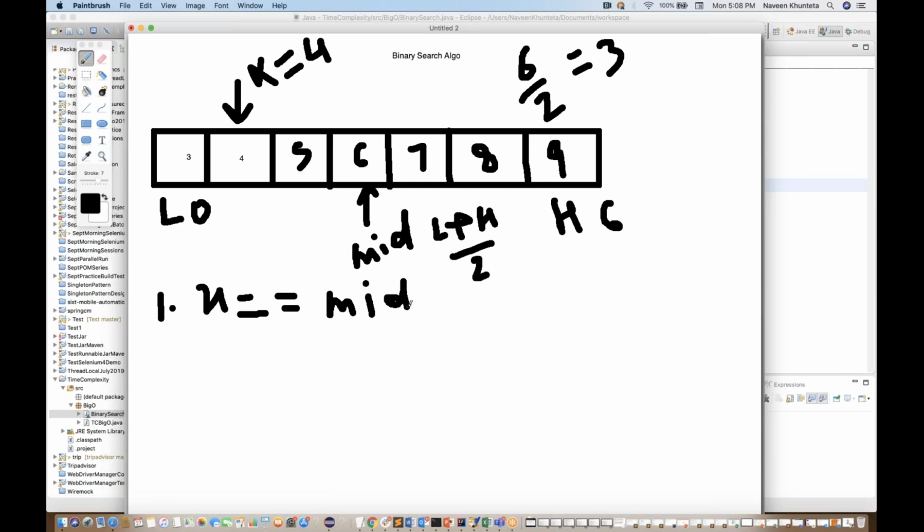Simple. No need to perform further. My element is available over here, right? So in that case, x equal to mid, then simple. Your element is found over there, right? In that case, what I'm going to do,